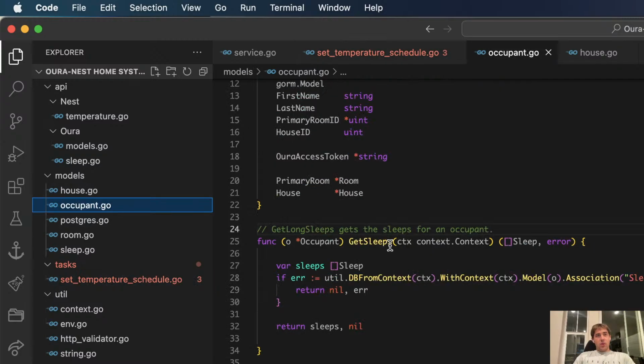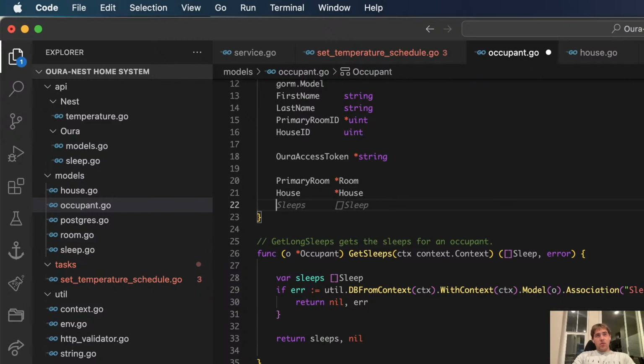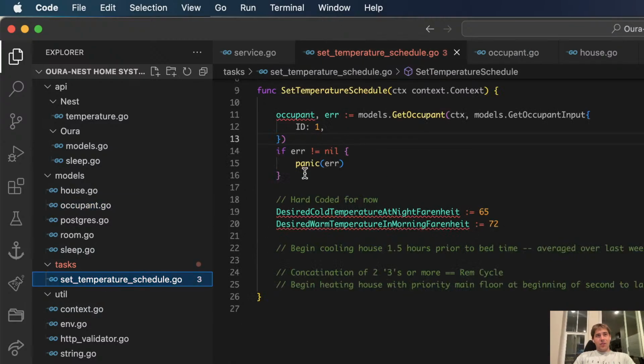I'll go occupant get sleeps. I don't know if I'll figure that out.